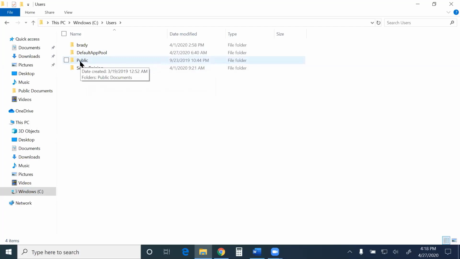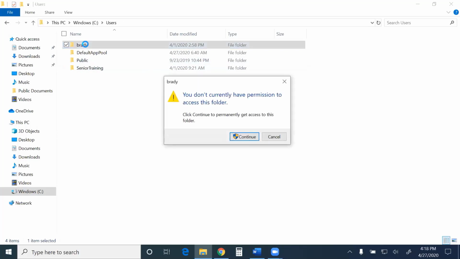But then you have one other directory that's important called public. So if I save anything into this public directory, then every user, Brady, senior training, and in the sample we gave, Jennifer and Noah and Sophie, any one of us, when we log into our account, could go under the public directory and see the files that are located in there. There's no special permissions needed. If I just went and tried to get into the Brady folder while I'm logged in as senior training, it's going to tell me that I don't have permission to access that folder.